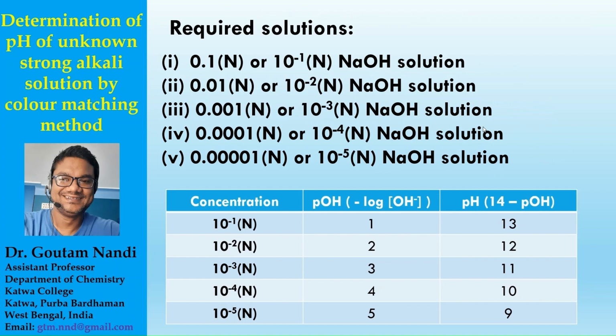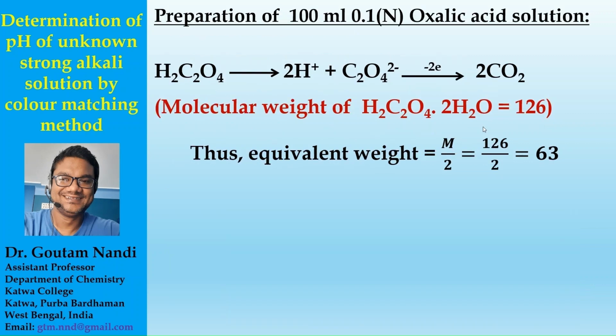Now, how can we prepare these solutions? NaOH is a secondary standard substance. So, for preparation of an exact concentration of NaOH solution, we have to take help of a primary standard. For this purpose, we will use oxalic acid as the primary standard. Now suppose we want to prepare 100 milliliter of 0.1 normal oxalic acid solution. The basicity of oxalic acid is 2